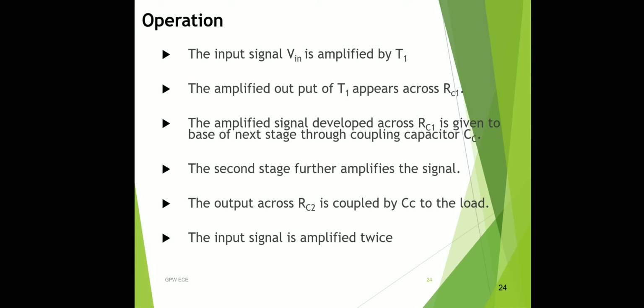That means in the single stage, only one stage is there. It simply amplifies and generates the output. But in this, one stage has already amplified. This amplified signal is applied to the next stage of the amplifier, which further amplifies it. That means the input signal is amplified twice, so the gain also increases. The gain is the ratio of output to input. That means the output voltage is very high compared to the applied input signal.